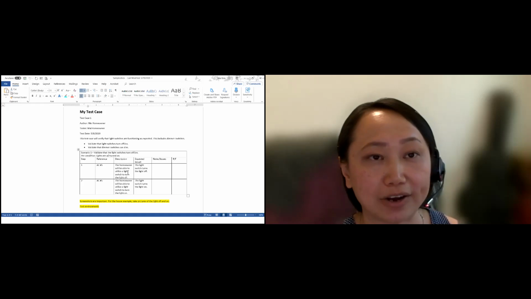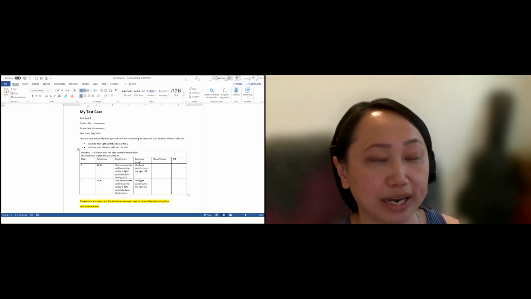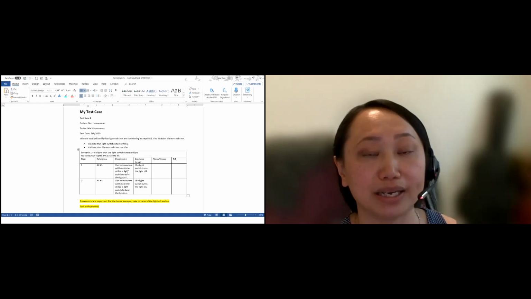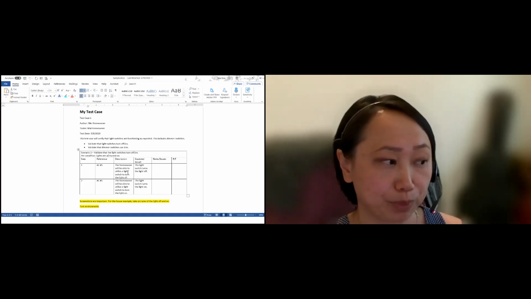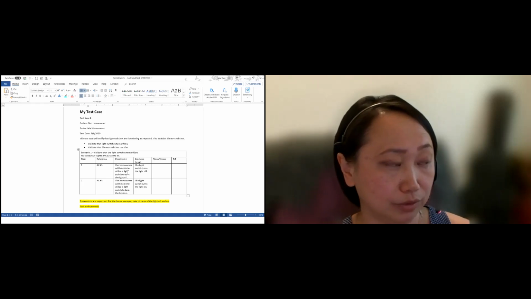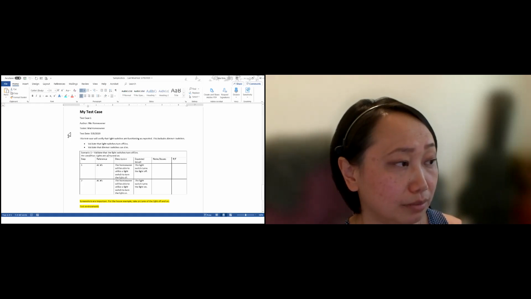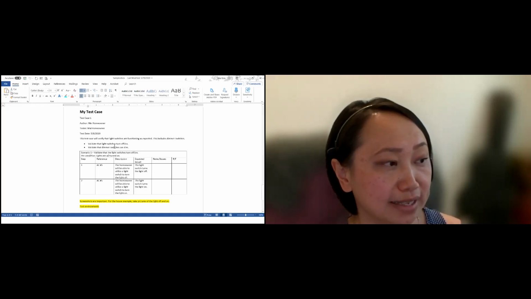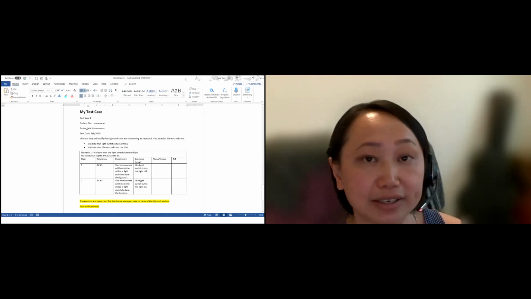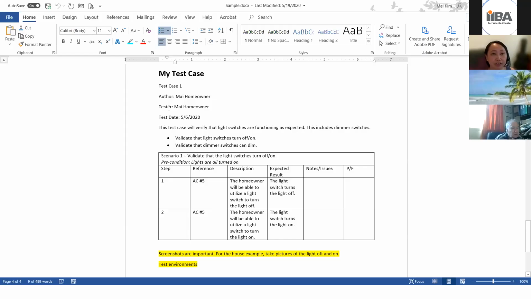And as you start building out your test plan, you kind of have an idea of how big this test effort is going to be. And so for this example, I just created the one test case. With this one, I'm just going to test that the light switches are functioning as expected. And so with typical test cases, it's uniquely identified because, like I said, if you have 50 to 100 test cases, you want to be able to say, hey, I found an issue in test case 55. So it's easy for you to go and find.